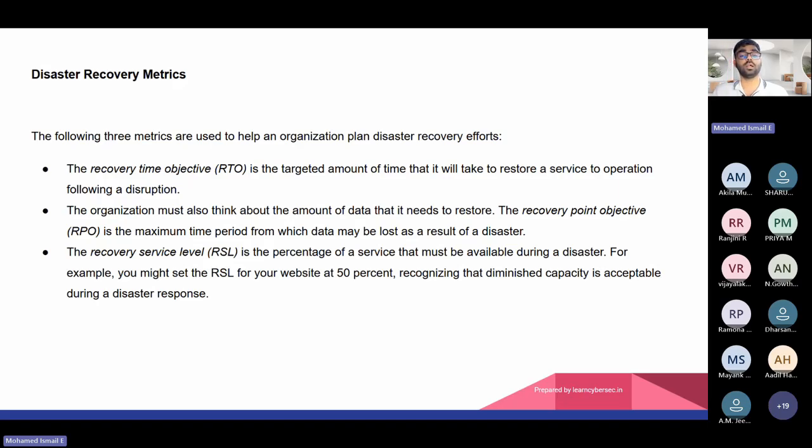So, for example, the same example, the milk product outage. The dairy production unit is impacted by a flood, now they maybe have cold storage that can provide milk for 2 days. So their recovery service level may be 75%. They can run the business at 75%. Maybe 25% of the demand cannot be fulfilled because they are using the storage to supply the milk. That also withstands 2 days. If the flood continues more than 2 days, they lose the business, or the consumers will not get the milk.